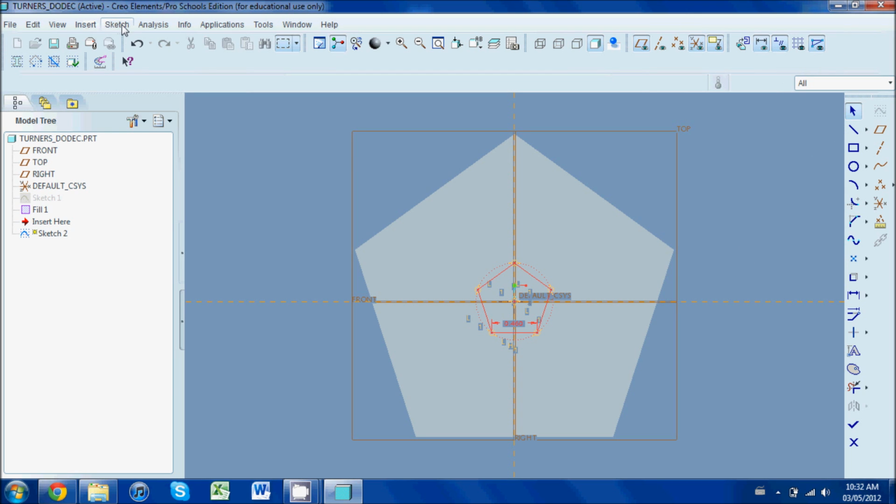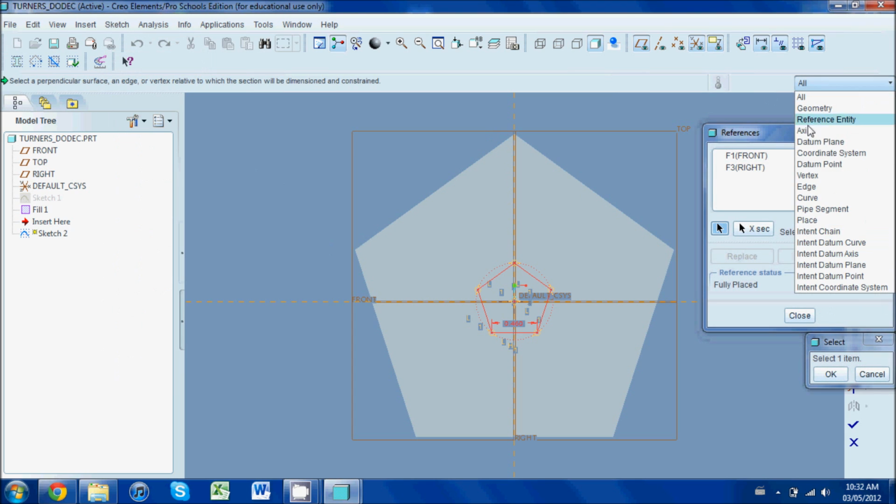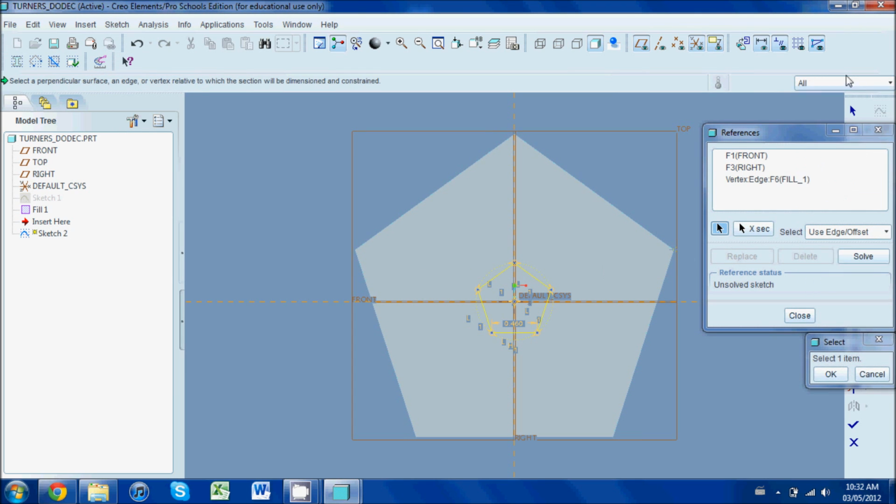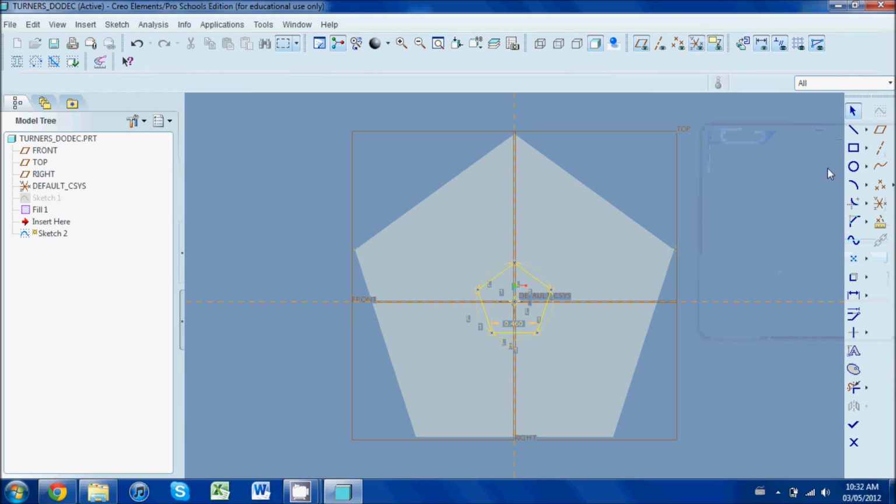What we're going to do first is use a sketch reference, and we're going to grab a couple of vertexes. That one and that one. This is just one of those properties of a dodecahedron that if you really look into it, you can find quite a few of these interesting math tricks. But you draw a line across between those two new vertex points, and once the line's drawn, you press and hold the right click and the menu will appear, and you want to make this line a construction line. Now construction lines don't actually have any impact on the sketch. When you accept the sketch, they won't show up,